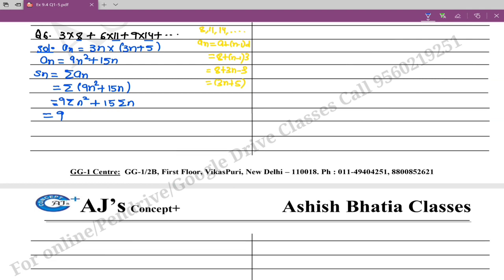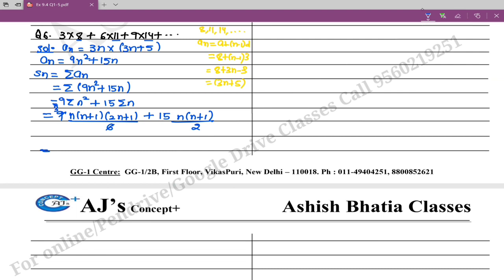You can refer to that for the list of formulas. Now summation of n square will be n into n plus 1 into 2n plus 1 whole divided by 6, plus 15 times summation n, which is n into n plus 1 by 2. So it would be